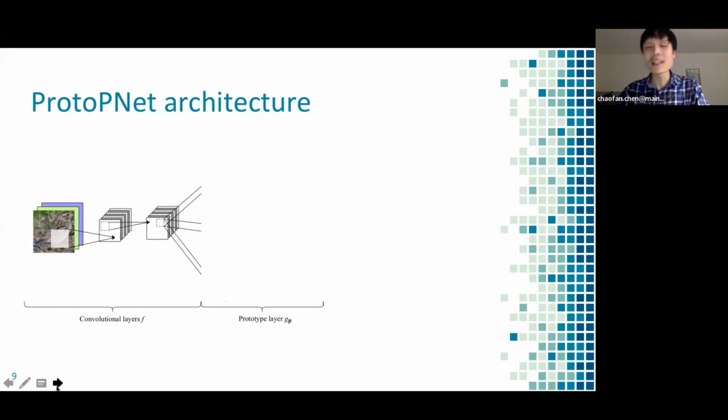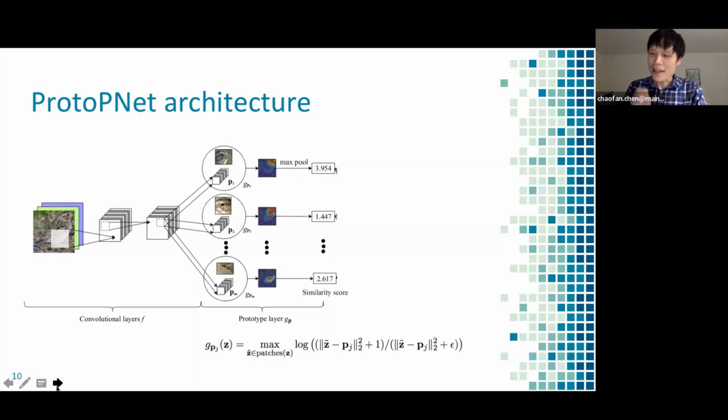Okay, so basically we have a prototype layer that follows any feature extraction layers, and it can be convolutional layers or transformer layers. Okay, and let's look at the prototype layer. The prototype layer basically contains prototypes, or the analogous part to the human being would be the mental image, right? So the prototype layer contains prototypes that can be understood as some kind of representations of the typical parts or typical concepts in each class. Such a typical concept might be red wings for the class of red-winged blackbirds.